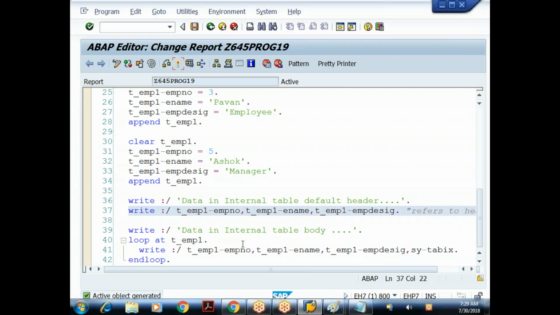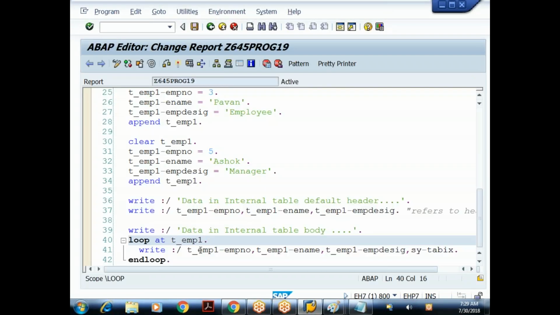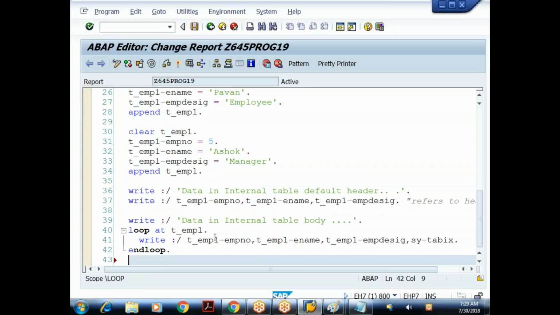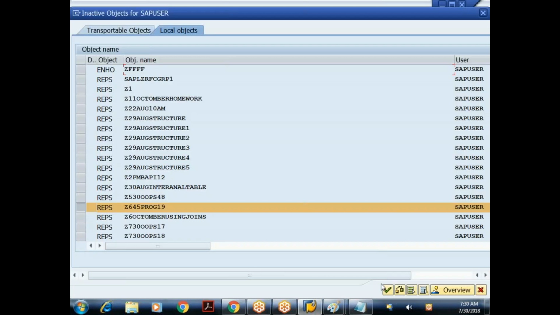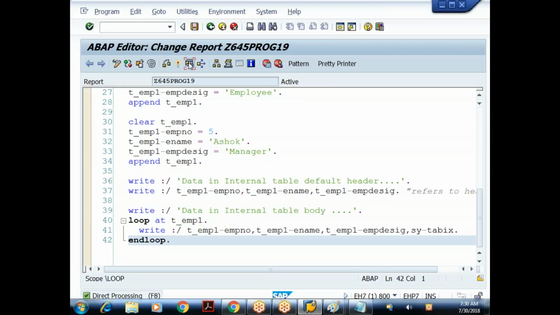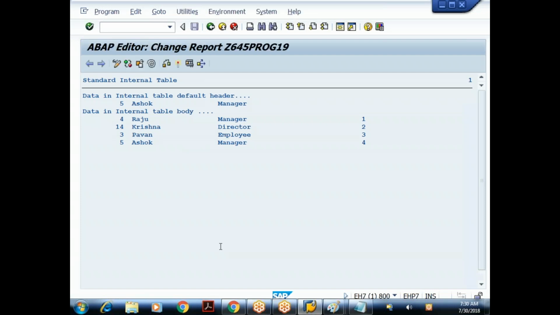So if there are 1 lakh records, how many times is the loop iterated? 1 lakh times, starting from the first record to the last record. So now I don't want to populate all the records. I want to populate only from the first record to the third record. First record to third record means the index of the first record is 1, and the third record's index is 3. So what I'll do here,